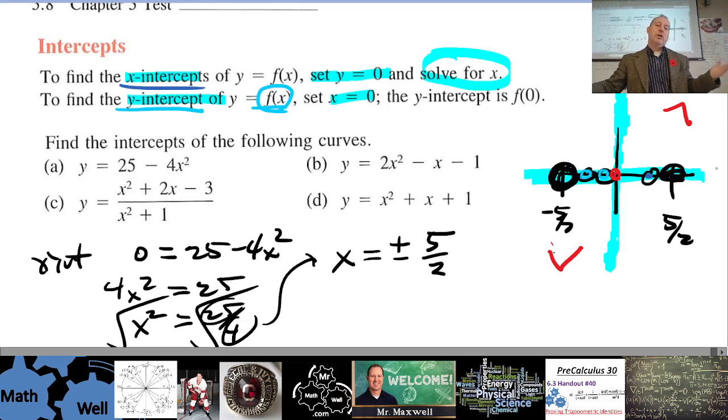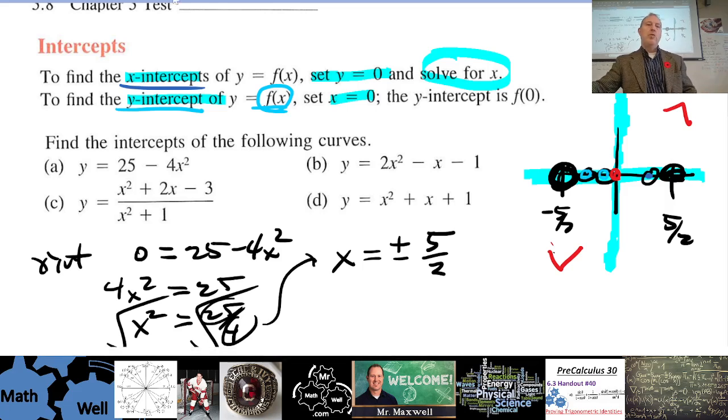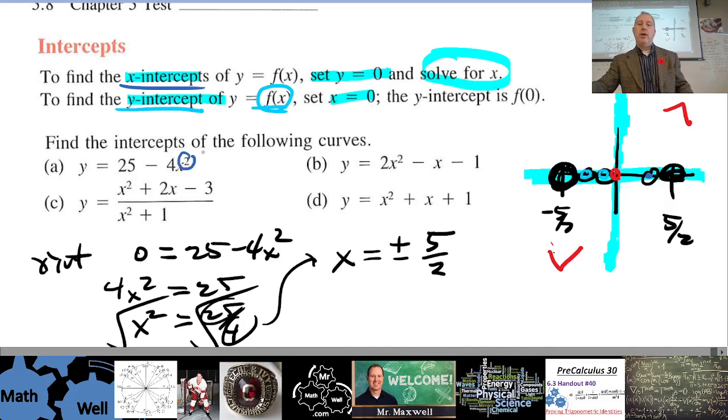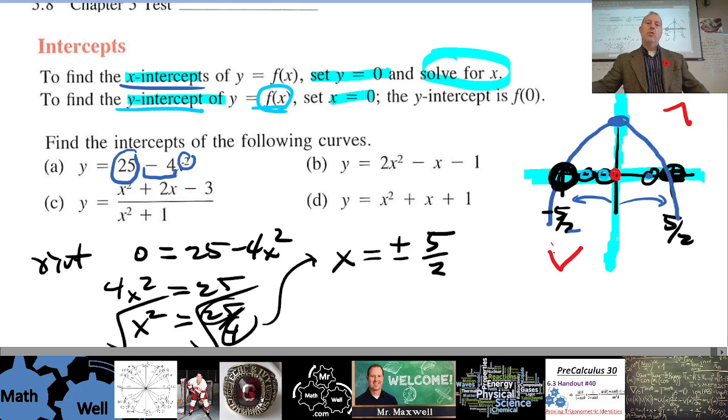Okay, you don't know much about... well, I mean, we do know a lot about this because of Pre-Cal 30. It's a squared, so it's degree 2, so it's a parabola. The coefficient on the x squared term is negative, so it opens downward, right? And we have a y-intercept of 25. Now notice that this is symmetrical, so negative 5 over 2 and positive 5 over 2 is symmetrical, so the vertex is on the y-axis there, and it opens down. Right? So all of that. So without any calculus, we know a lot about a parabola because we've studied parabolas for years already,